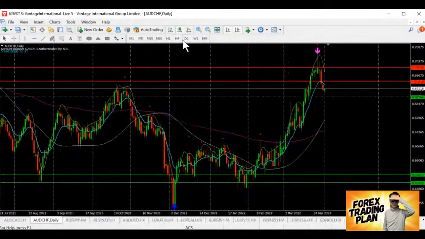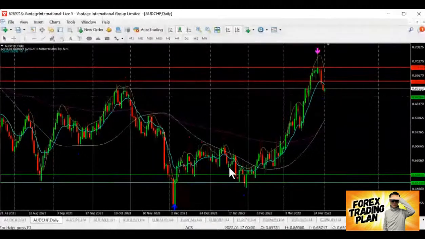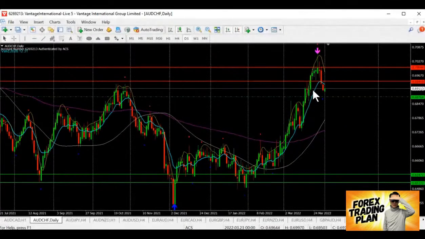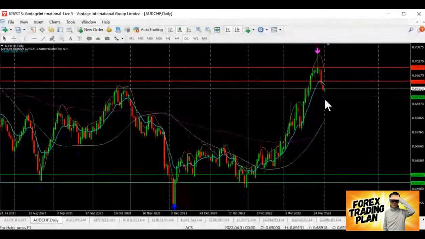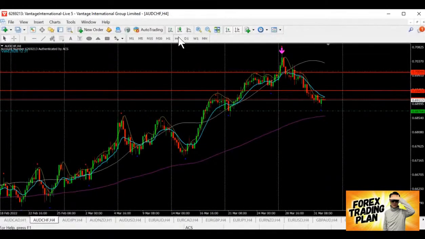Yes, Aussie franc. Aussie franc looks good as well. By looking at this, after the bull has run so high up, it finally starts to turn down to sell. So now we are in selling mode, in the bear trend, and the selling is coming very soon. Let's take a look. Where is the resistance that we should be paying attention to? Okay, let's see.